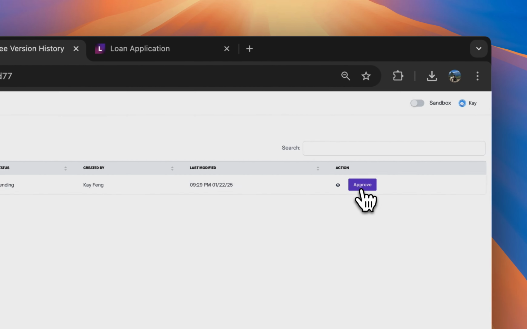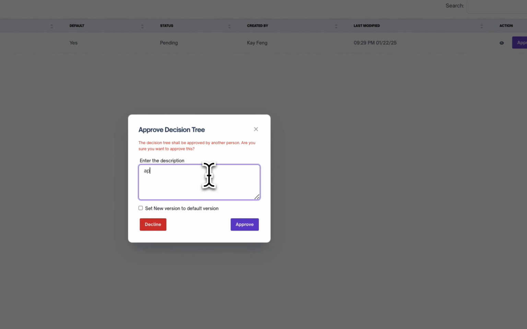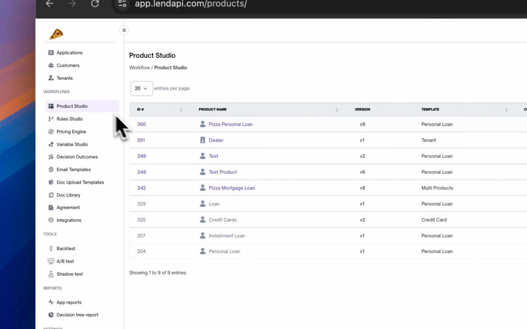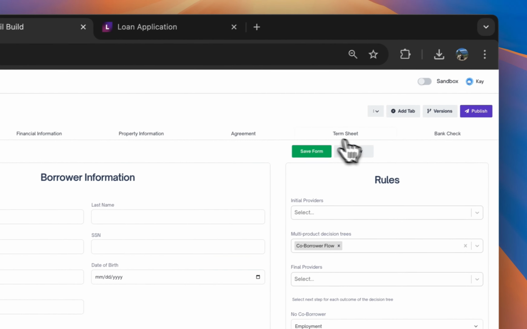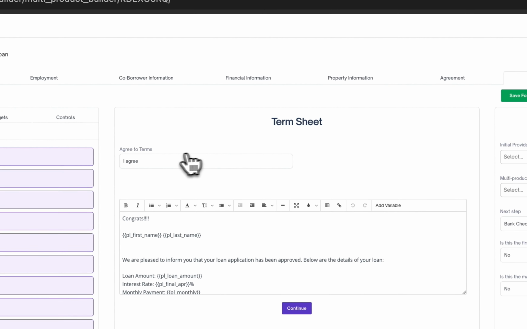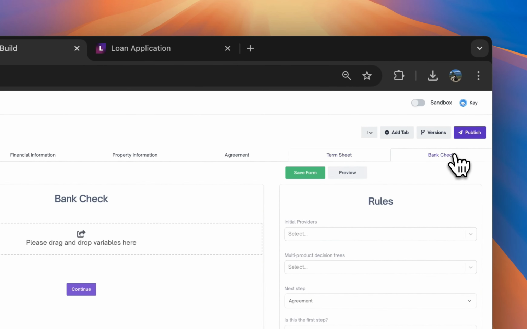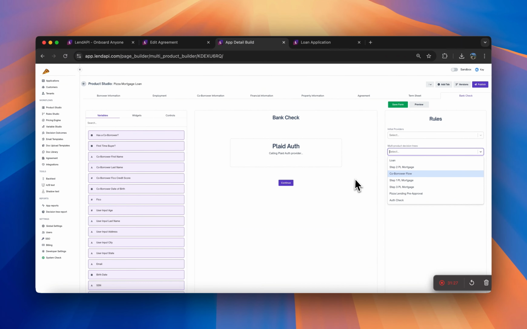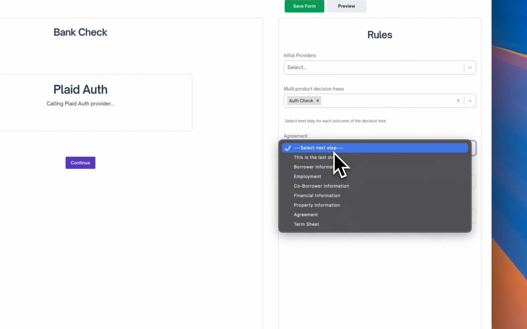And let's view our tree. Let's approve, and now let's tie this back to our Product Studio as we've just published our rule. So I'm going to put this particular rule into the bank page because I don't want anything to be triggered until after they've reached this page and authenticated. So I'm going to go ahead and do the auth check here,